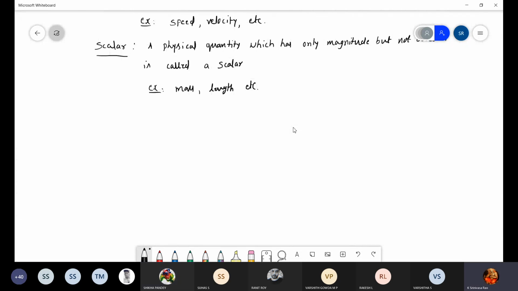Okay. Next, we will discuss some basic results depending on these vectors and scalars. And this is very, very important. This is like a foundation for this module. If you understand these concepts, this complete module is simple, because I told you yesterday it involves partial differentiation. Those who are strong in differentiation, especially partial differentiation, it is very simple. There is no complicated differentiation, very simple partial differentiation. In that you have to apply this concept of scalars and vectors, especially dot product and cross product.